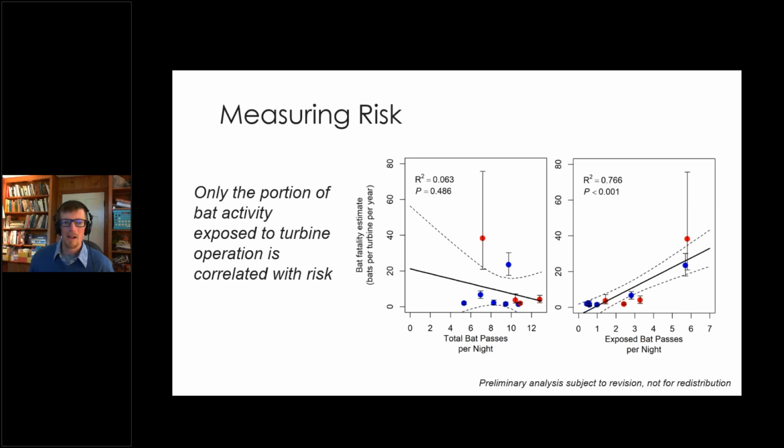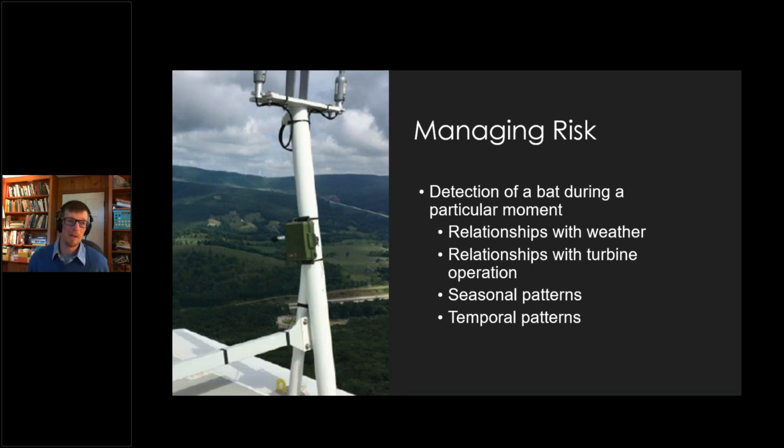So what I think is a very useful application for acoustic data with this information is to use what we know about bat activity to manage risk. We know that curtailment works. We also know that it's not very popular because it results directly in the opposite of why a wind farm is built. So you're taking away the ability to generate power, but at the same time, you're protecting bats. So where I think acoustics has great potential, not only to manage risk at an existing installed project,